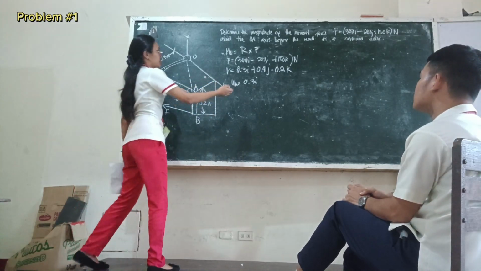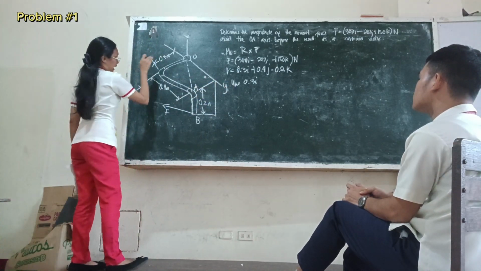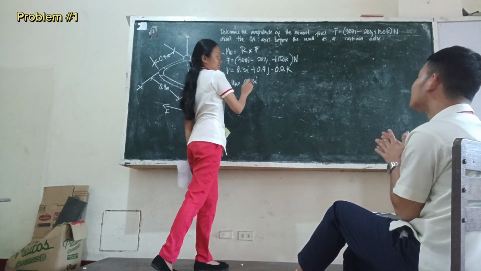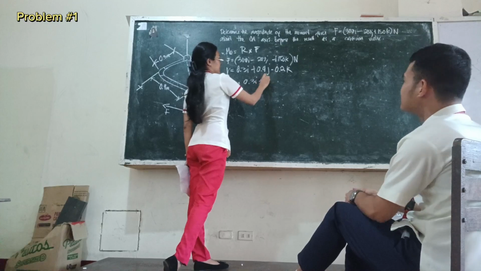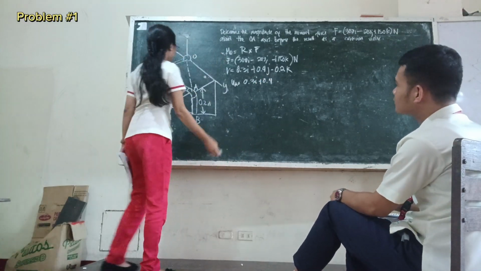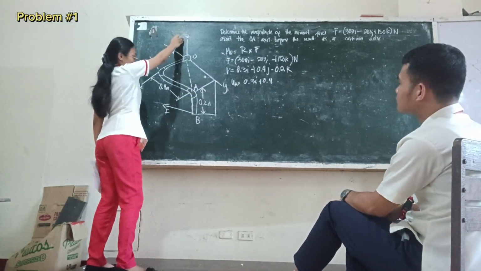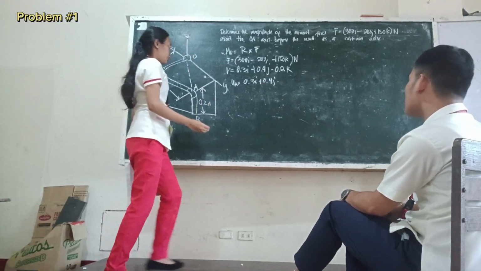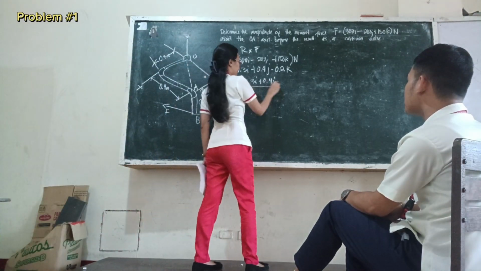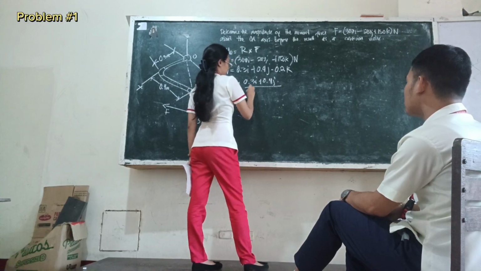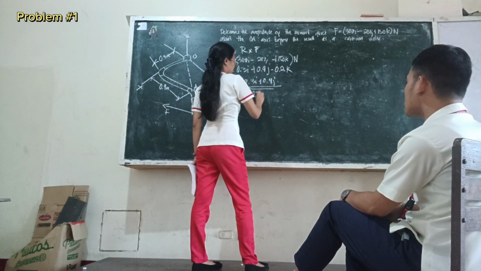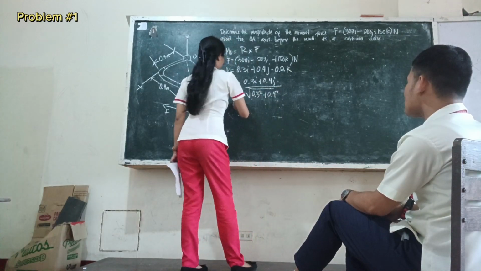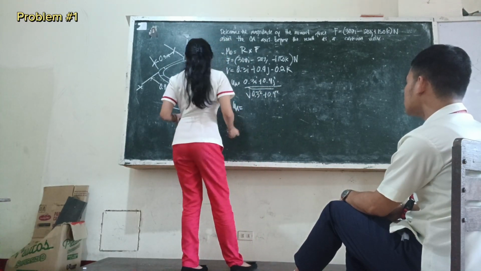So the direction we will use is the x or the y. So what we will use is 0.3 plus 0.4. Since we don't have the z-axis, it has no value. So to find the unit vector, we have to square it. So 0.3 squared plus 0.4 squared. So UA is equal to